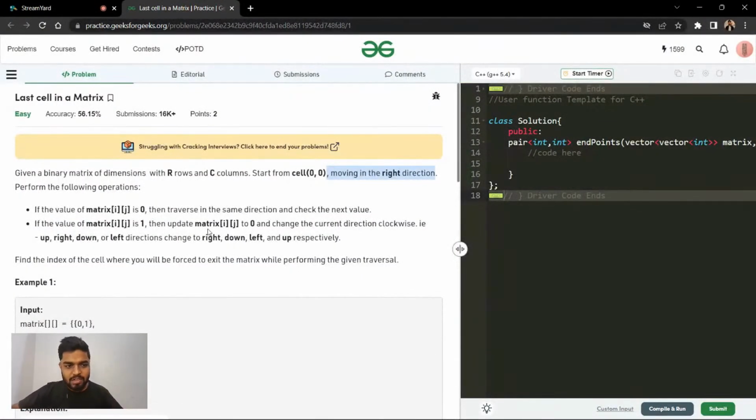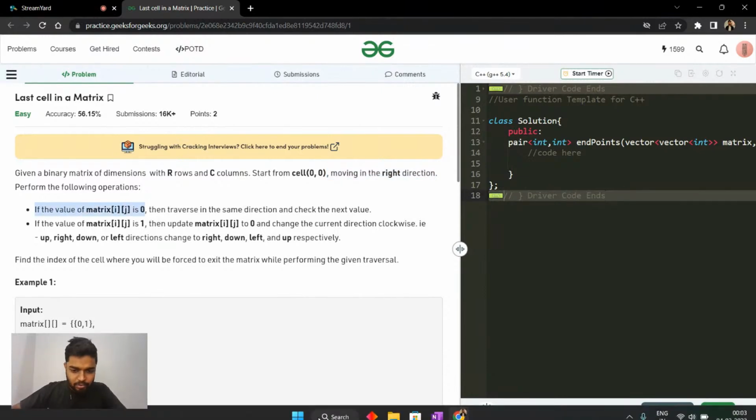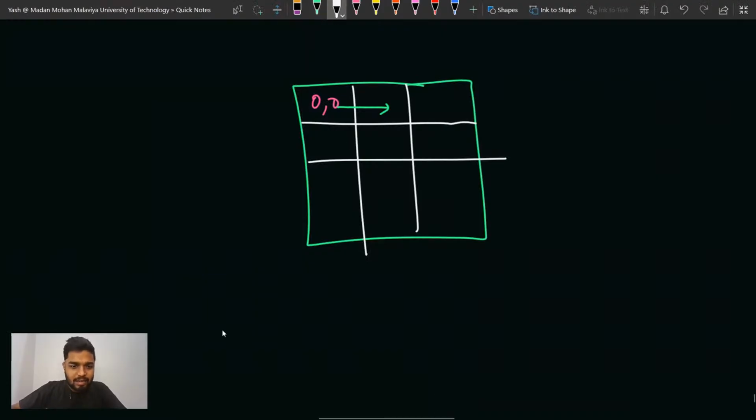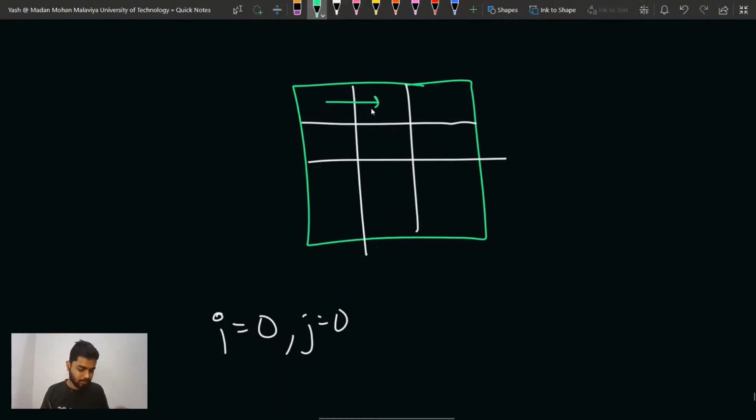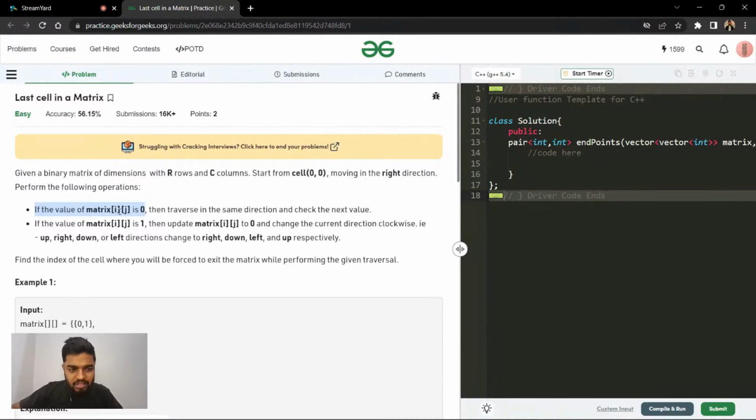Now what does this problem say further? Basically we are starting from the cell where our starting index is i equal to 0 and j equal to 0. We are starting from this very first cell, and initially we are moving in the right direction. Now after that, this problem says that if the value at a particular